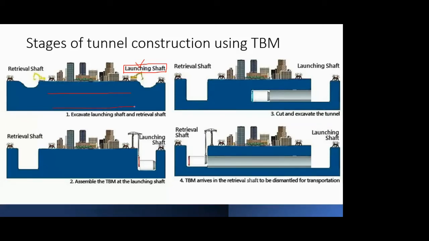Okay. Now, for pictorial representation, I have shown you that you have a city area, and then you have to construct a tunnel below it. So at one end, you will have a launching shaft through which you will actually lower the TBM, and it will start from here. Okay, so this is the TBM, and then once it starts its work and starts constructing, you'll get a tunnel, and where the tunnel ends, there again you have to remove this TBM from the ground, which is there underground.